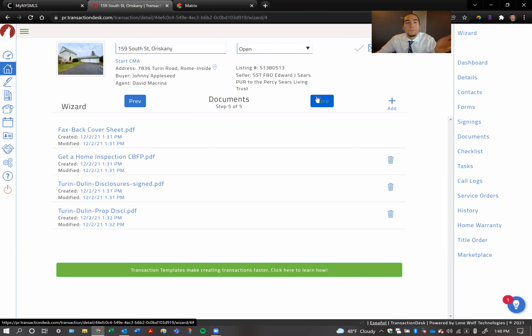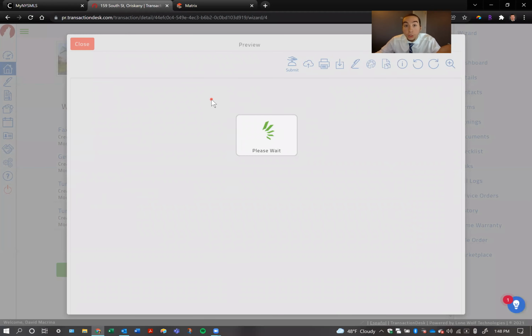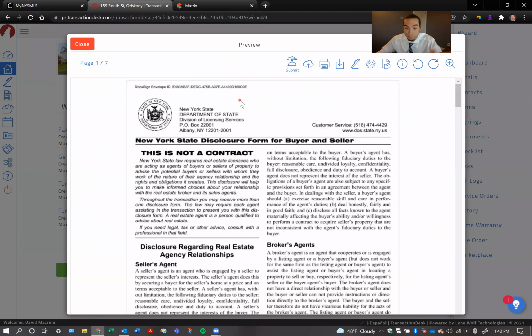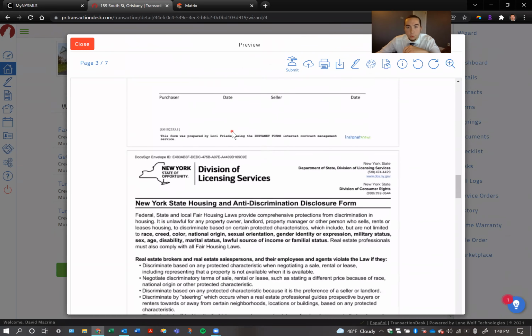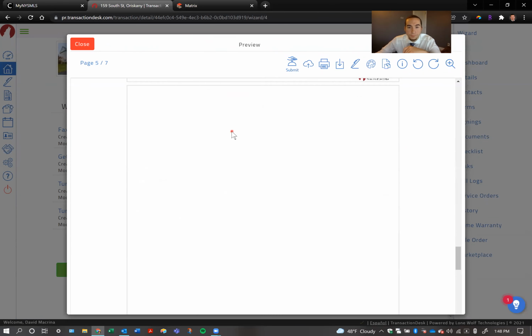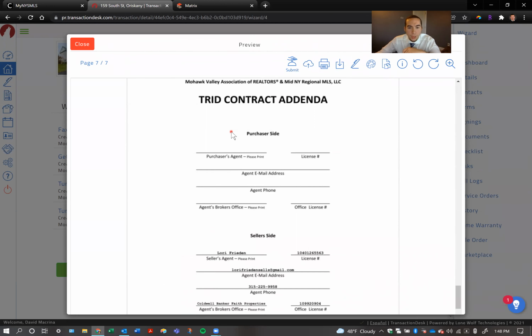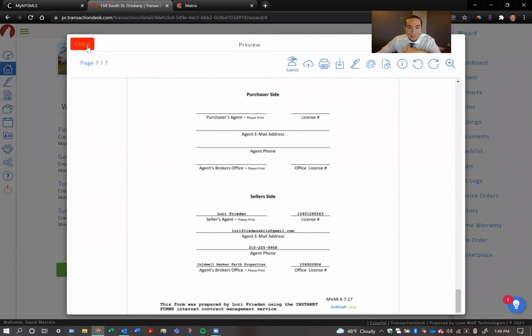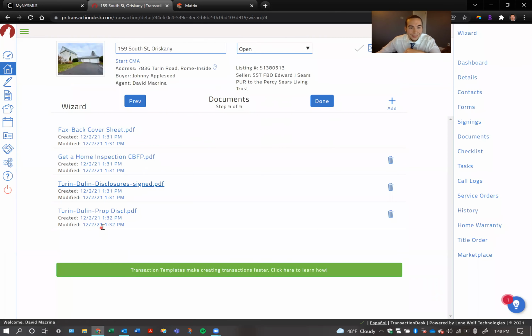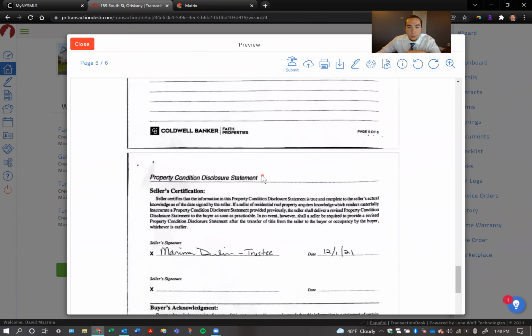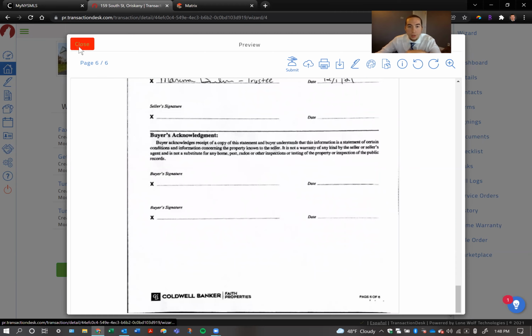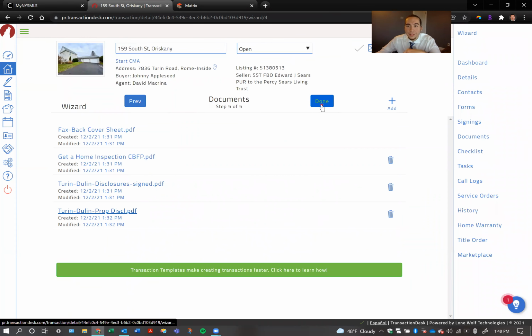Anyway, this is our documents. This is everything that we need. And if I'm not sure what's in the documents or the disclosures that come from the Matrix, I can just scroll through them. Looks like Laura's got her agency here. Carbon monoxide, fair housing. She's got her lead and she's got her TRID all filled out. Look at how fancy that is. It's even Instanet signed or filled out. And then the other one, here's the property condition disclosure. Keep scrolling. Yep, everything's here. This is what I need. When I hit done, guys,